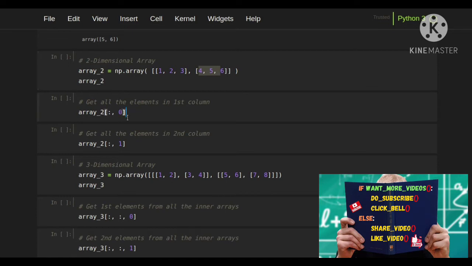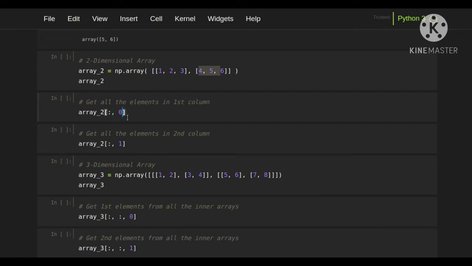In order to mention different dimensions in a NumPy array while slicing, we need to separate them with a comma symbol. The comma separates the dimensions. Before the comma is our first dimension, which is the row in a matrix. After it is our second dimension, which is the column in a matrix. Since we need to access all the elements in the first column, we need to access all the rows and then the first column.